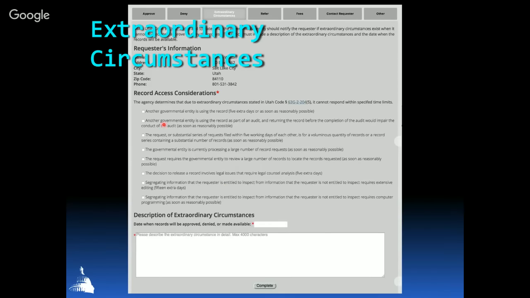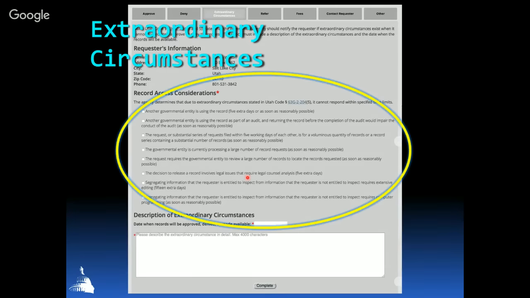As soon as you select one of these extraordinary circumstances, you can come down here and select the date when the records will be available, or you'll make the decision. And the dates given to you will be determined by whichever option you pick. And then you can describe it here, and a message will be sent to the requester stating that these extraordinary circumstances have been applied to the request.